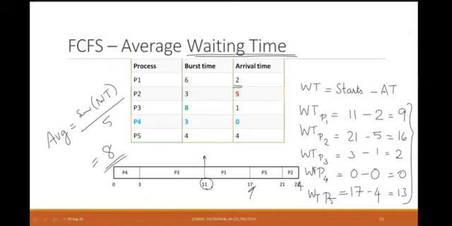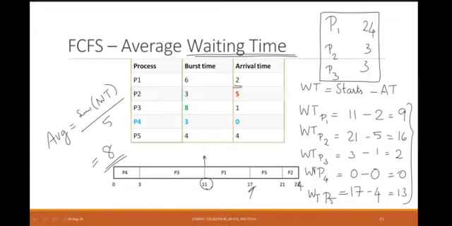Okay, what is the time? I have 10 minutes left. I'm not sure if I can cover the next algorithm. I'll just give you one problem. Please take it down. I don't know if it is a book problem. 24, 3, 3. Okay, these are the processes. I have 3 processes and I have their CPU burst. So this is my CPU burst and these are my 3 processes.